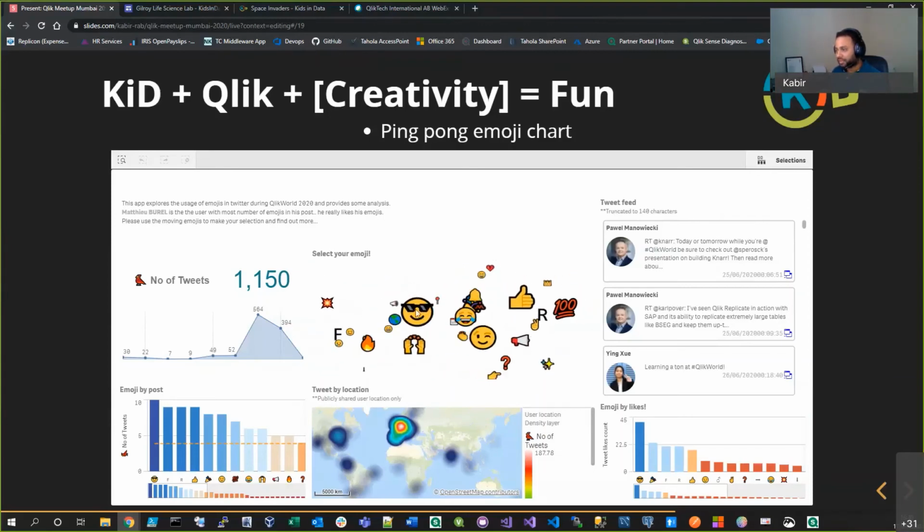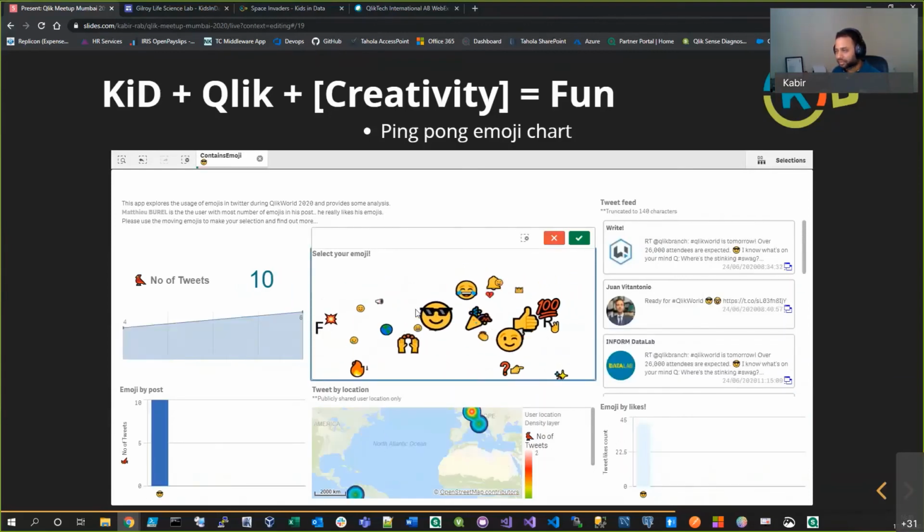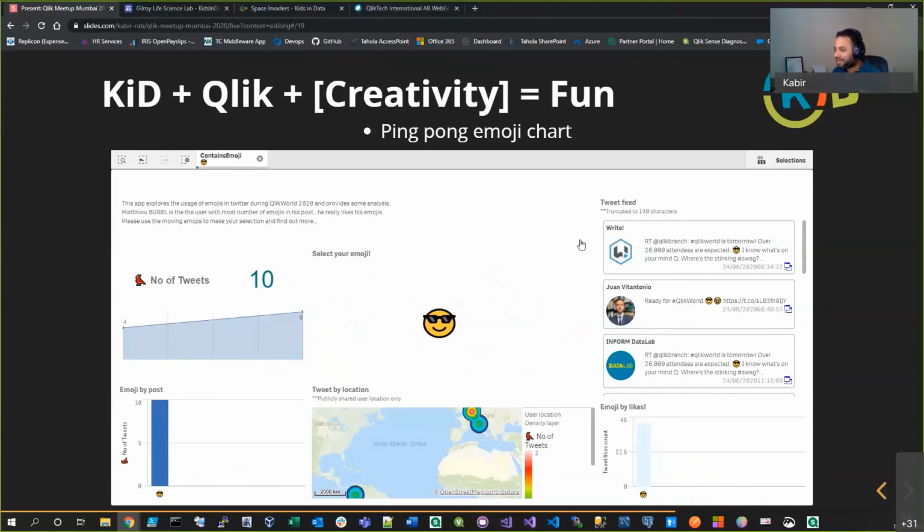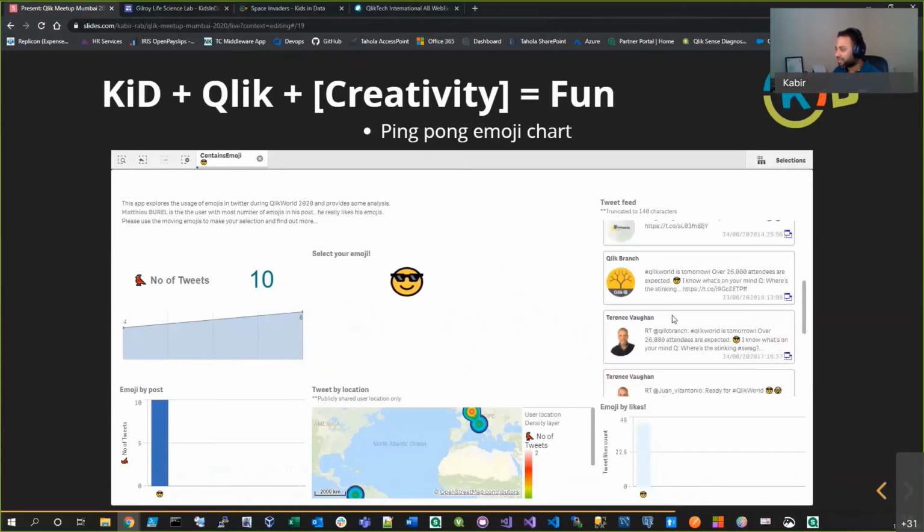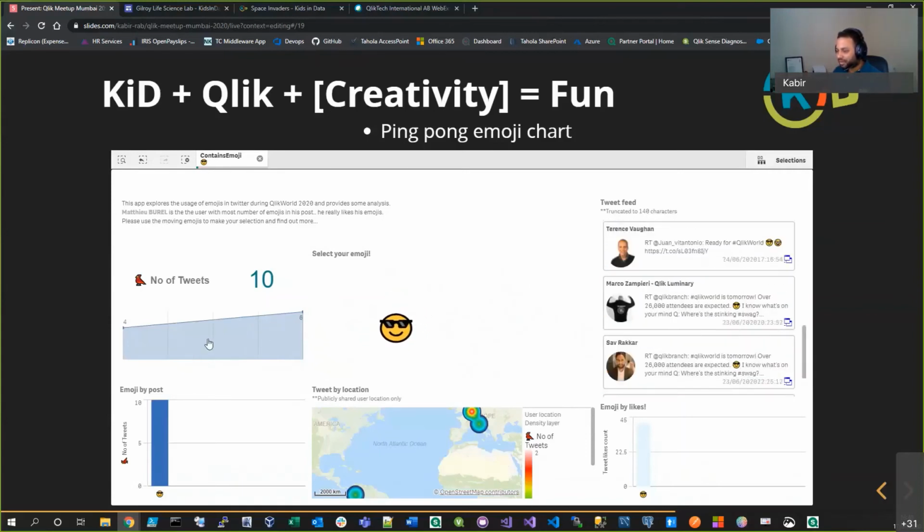So for example, hey, it actually works. We can start drilling in and see who's been using this particular emoji, the number of times it has been used, and you can even drill down to see whether there is any particular trend. Is there only a particular section of the world that prefers this emoji over the rest? So that's an interesting thing. Good thing about this is